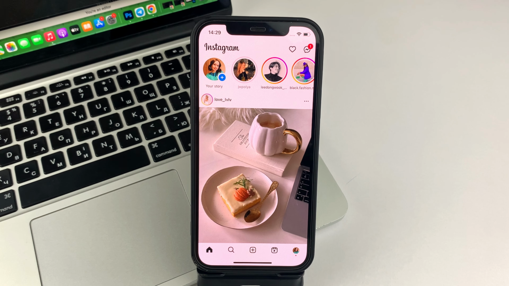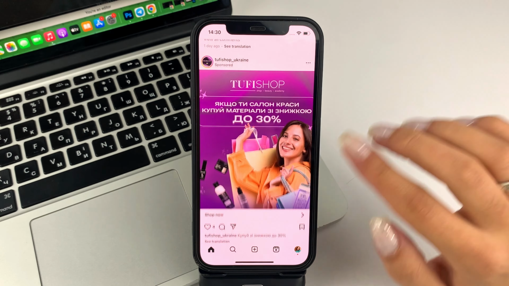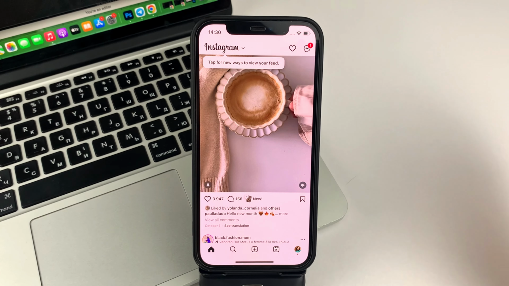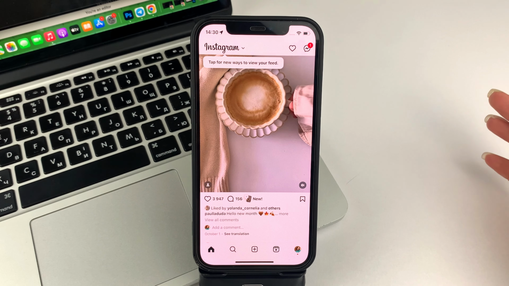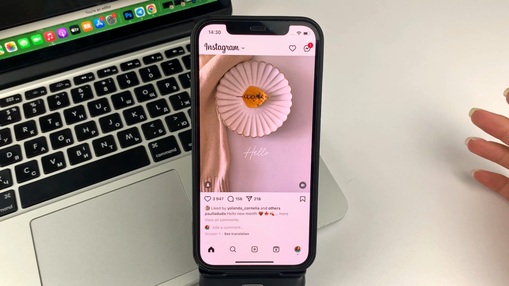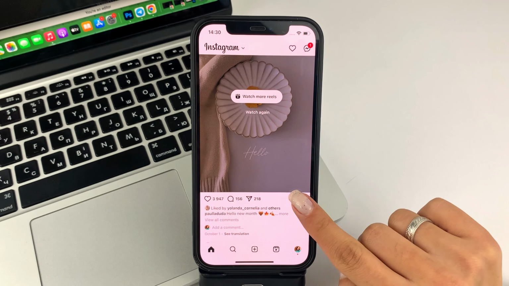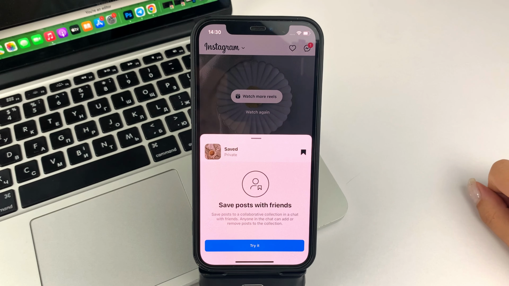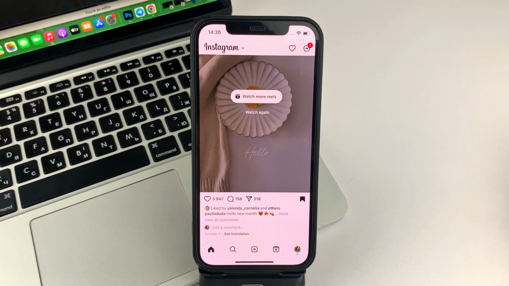So, let us get started, friends. When you open up the Instagram app, you immediately have an Instagram feed that you can scroll through, and if you want to save any of your posts, whether it's a photo or a video, you can easily do that. To do that, you'll need to click here. And as you can see, automatically such a post is already saved. But where can you find such posts that you have saved?